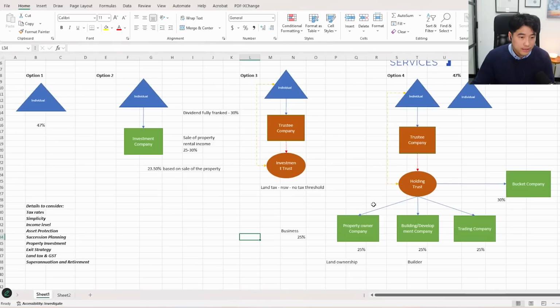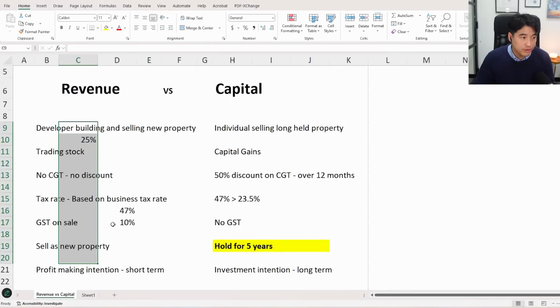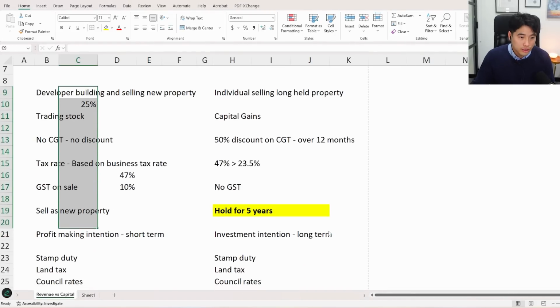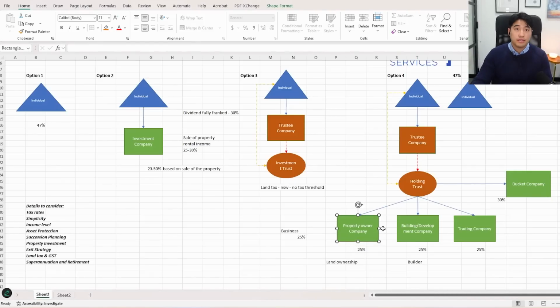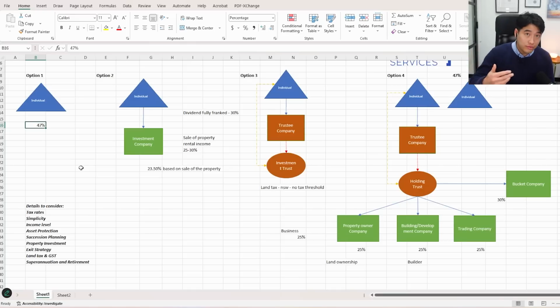So that's why I say as a property developer, 99% of the time you should never buy the property in your personal name. If you're classed as a property developer, there's no way around it. You should always be buying it in a company. There's asset protection. It's 25% tax. If something were to happen to the property or the business, you can close down the company, liquidate it, and they can't go after your personal assets. But if you do everything in your personal name, you get taxed at 47%. They can go after your personal assets.